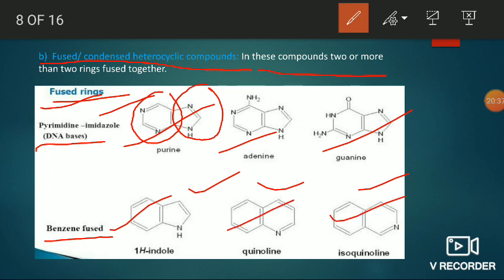These are examples of condensed heterocyclic compounds. Condensed heterocyclic compounds may be formed by two heterocyclic rings, or by one benzene ring and one heterocyclic ring. The first is heterocyclic fused rings, the second is benzene fused rings. Okay, fine. Next,